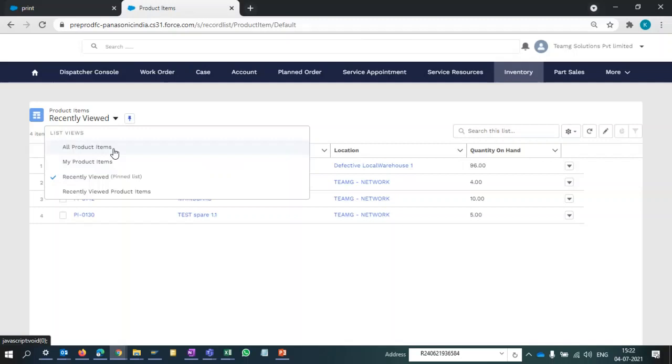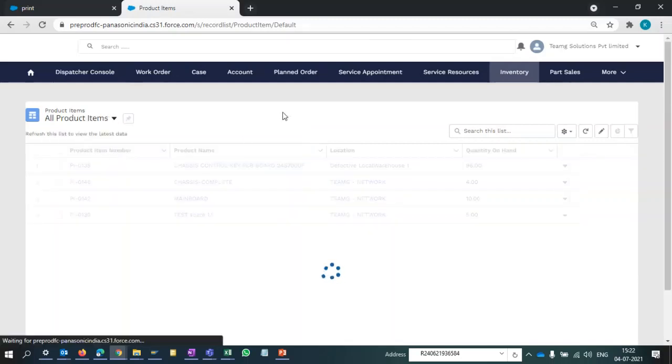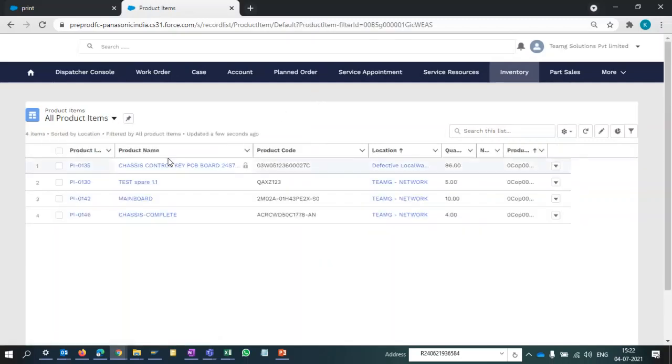Here I am selecting all product items. So this is the complete inventory view. This is a UAT, so some limited items are showing. Once you go live in Salesforce, you will get all the available inventory on this screen for inventory.